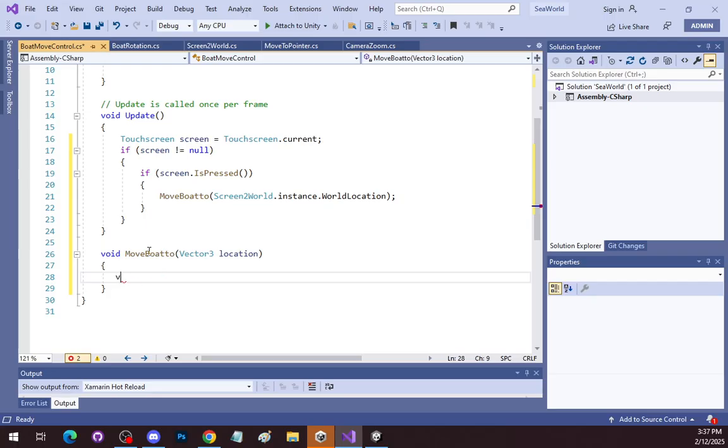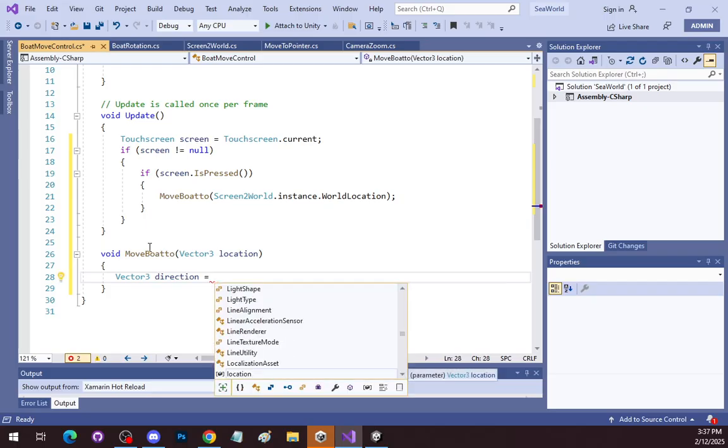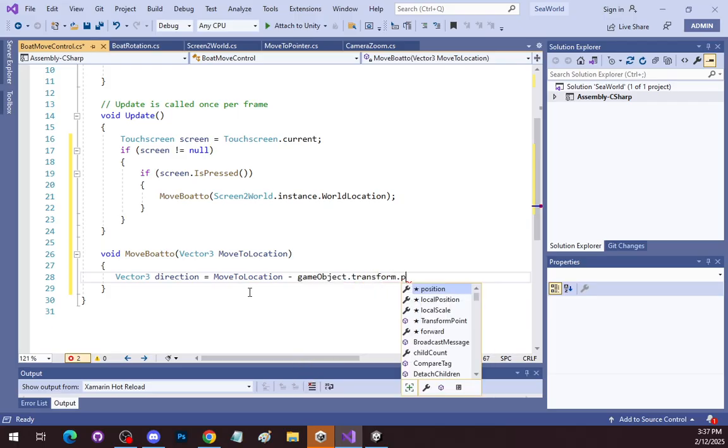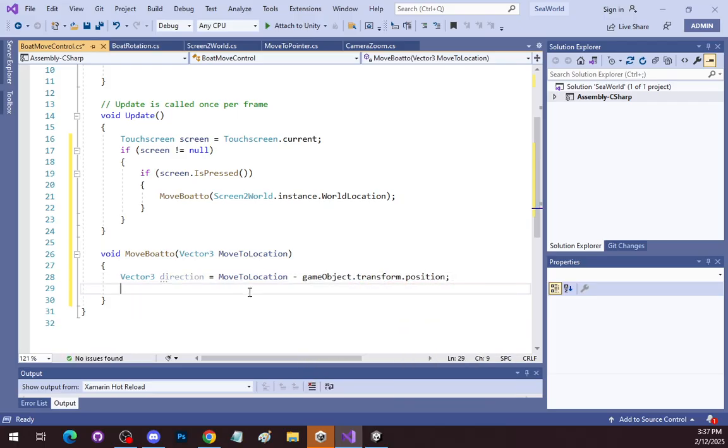Sorry, this is going to be Vector3 direction. It's going to be equal to the, sorry, it'd be move to location, gameObject.transform.position, and then our